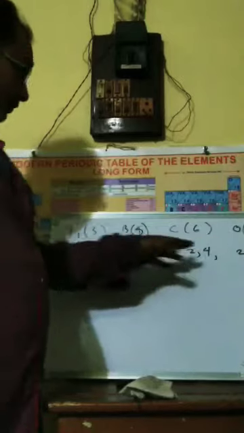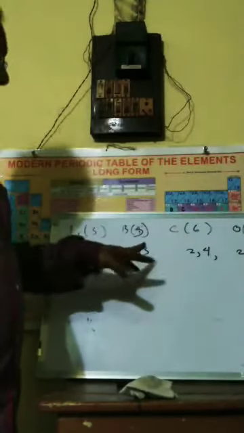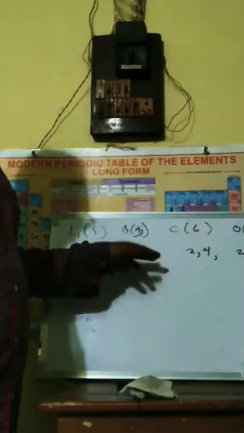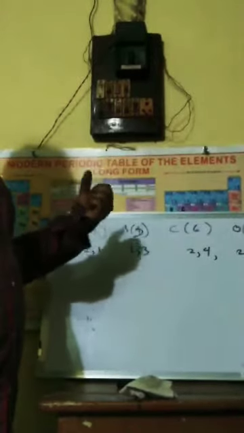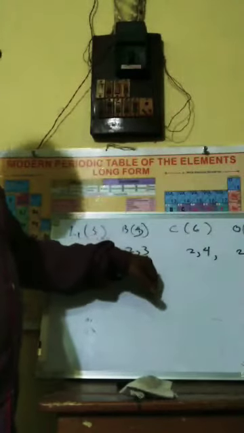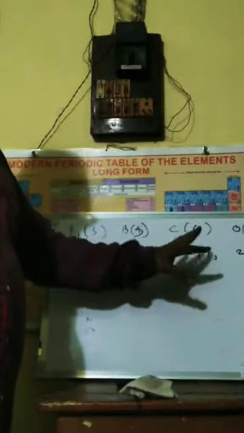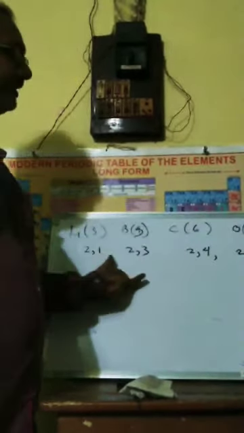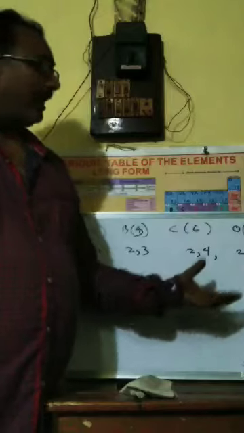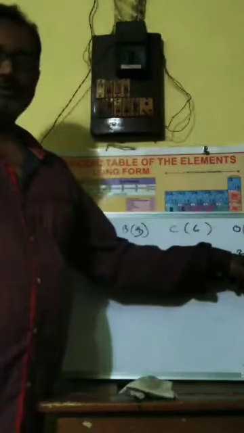Losing 1 electron is easy, but losing 3 electrons is not so easy, because boron has 5 protons at the center. They will hold the electrons very strongly. So losing 3 electrons is not so easy as compared to this, and losing 4 electrons is not so easy as compared to this. So as we move in the period from left to right, what happens? The losing capacity decreases, and we know the non-metals gain electrons, so the gaining capacity increases.